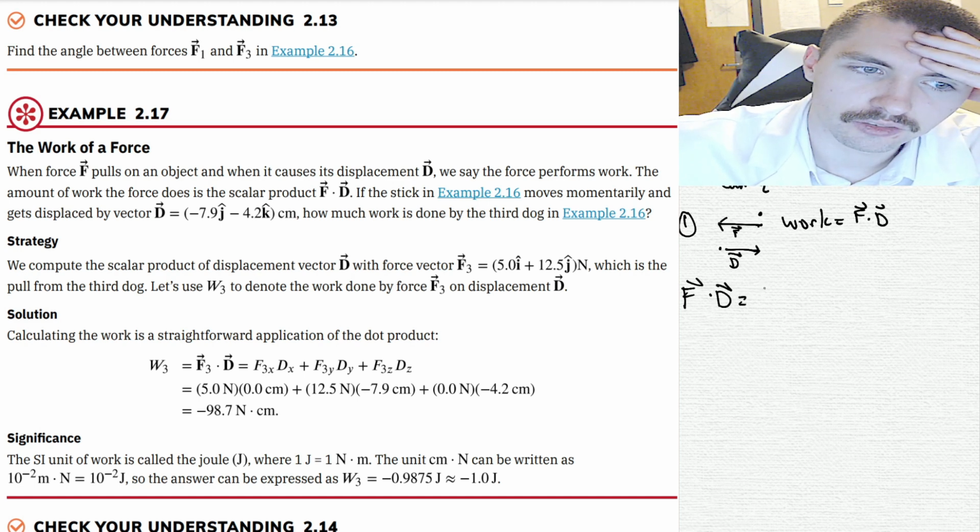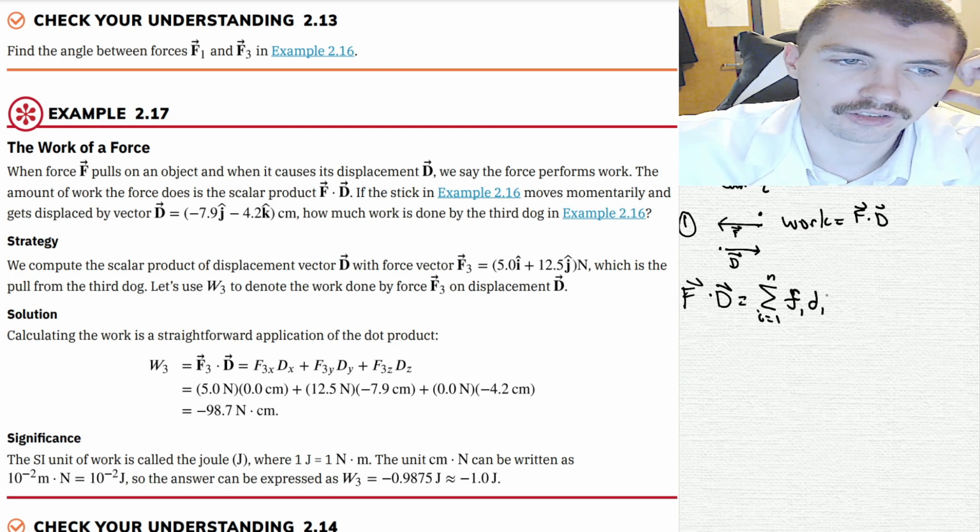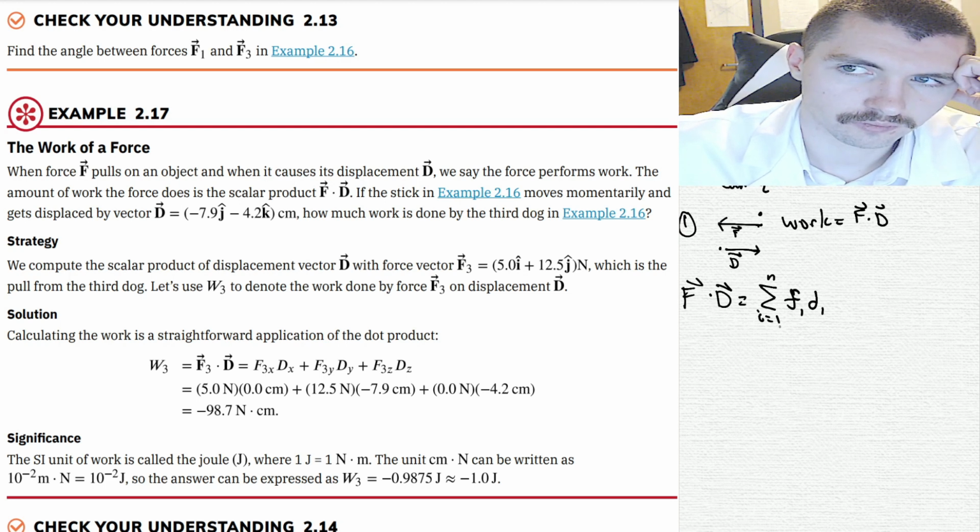is F1 times D1 for all n, and F is defined as a vector with coordinates